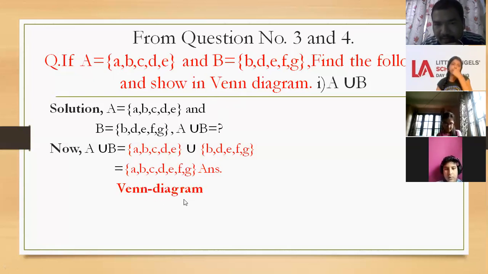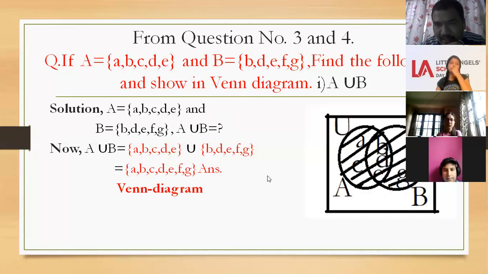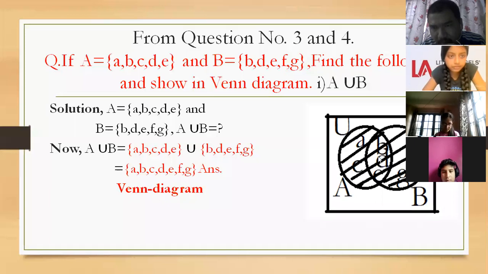Then we have to write Venn diagram, at the side, or you can write below also. Here, look here. This is set A and this is set B. When we draw the Venn diagram, please keep space to write in the middle. B, D, E, what is there? B, D, E is common. Common should be written in the common part of A and B both. First of all, insert them here. First of all, write them. B, D, E, right here.